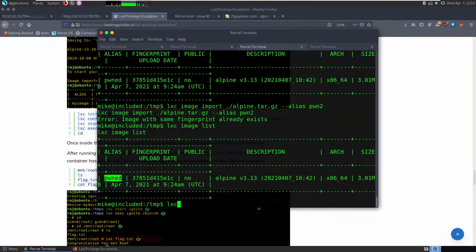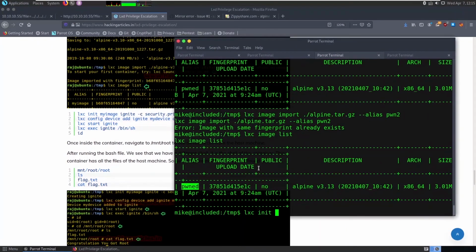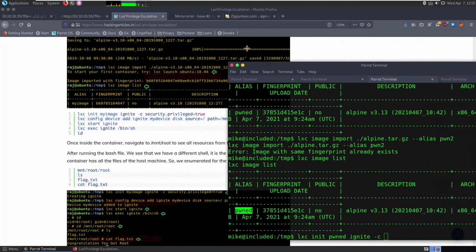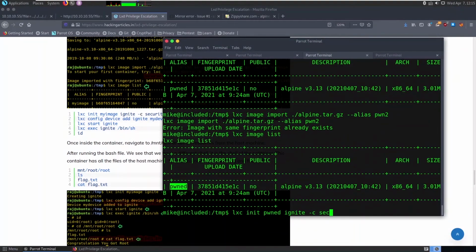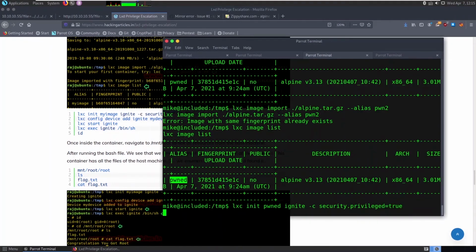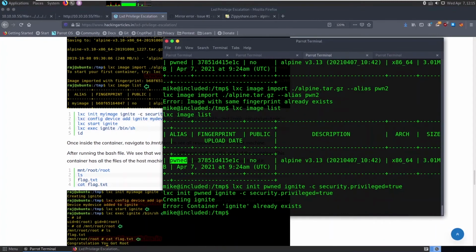So lxc init, and let's say pond ignite, and we need to give the security privileges. security.privileged equals true. The container ignite already exists, so you need to enter this command and normally it will be created as ignite.